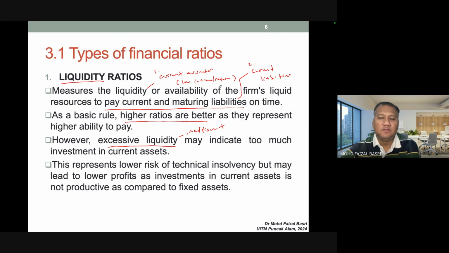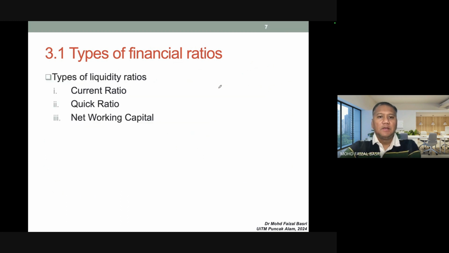Okay, itulah function jugalah financial ratios. We want to know whether it is sufficient for the company to have the liquidity, and we don't want it to be excessive, number two. Okay, so the liquidity ratio is trying to find a balance between not having enough liquidity and at the same time not having too much liquidity, right? Right, so dalam